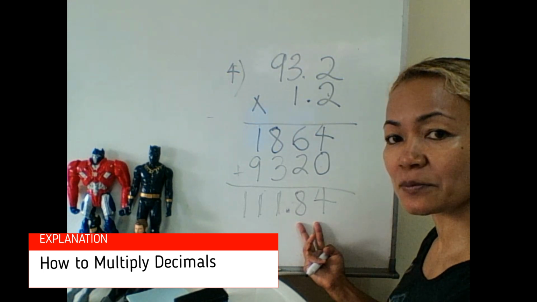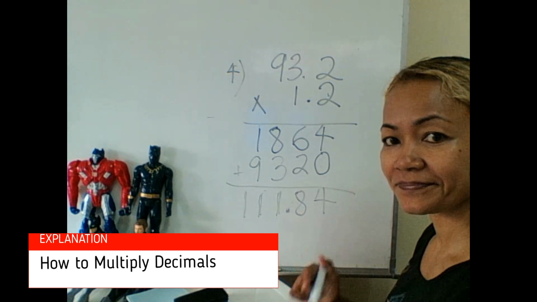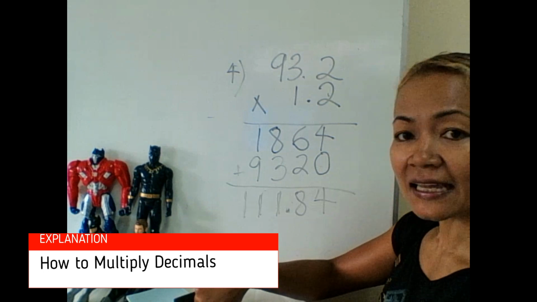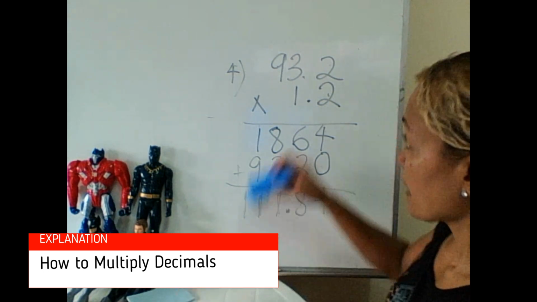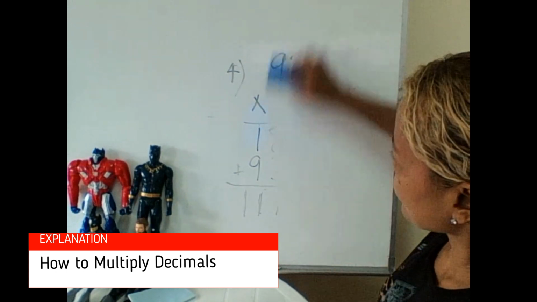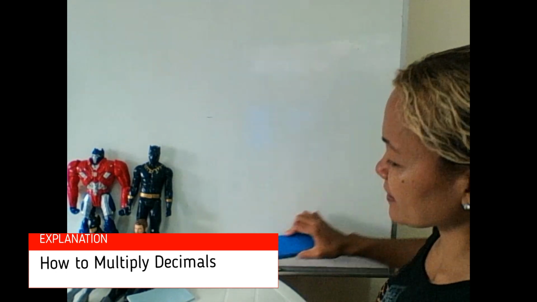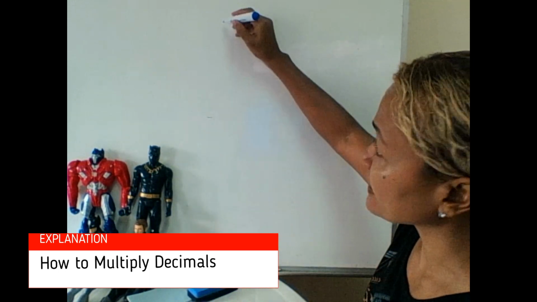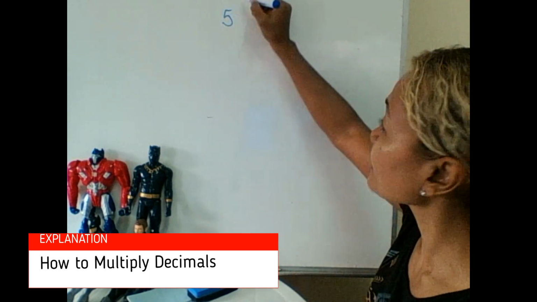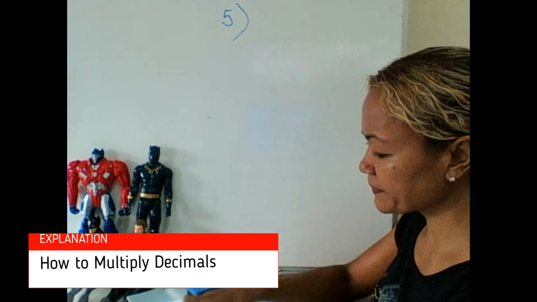Two numbers after the decimal place in the answer. Okay, if we were to move on to a slightly more complicated example, it's a little bit more working out, but just to show that the idea remains exactly the same. So I'll start a bit higher. Number 5,